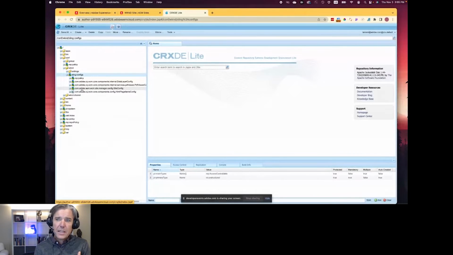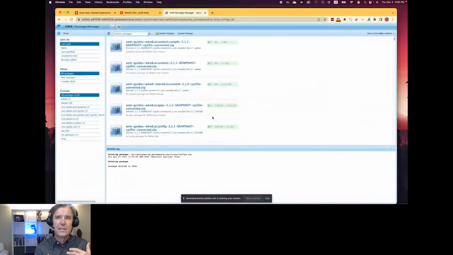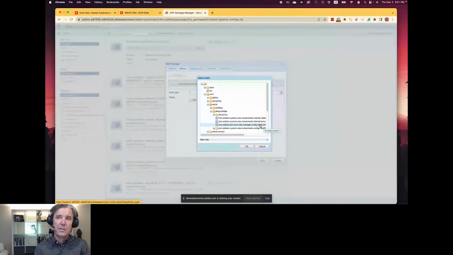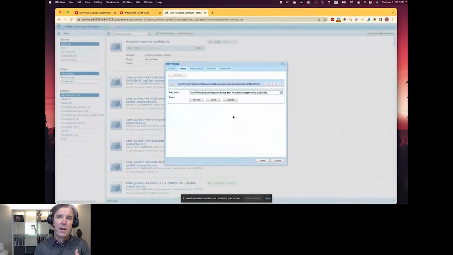For this particular example, I'm going to create a package from those two Sling configs. We're going to bring that package into our local archetype, so we'll download them and then unzip them inside of our archetype.